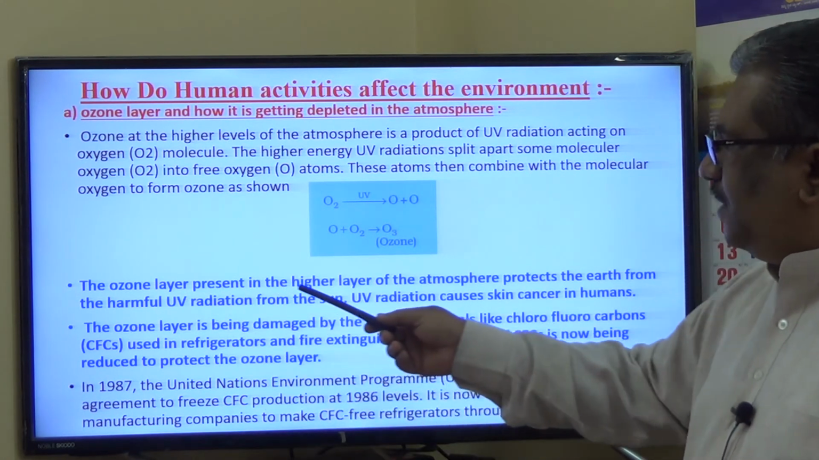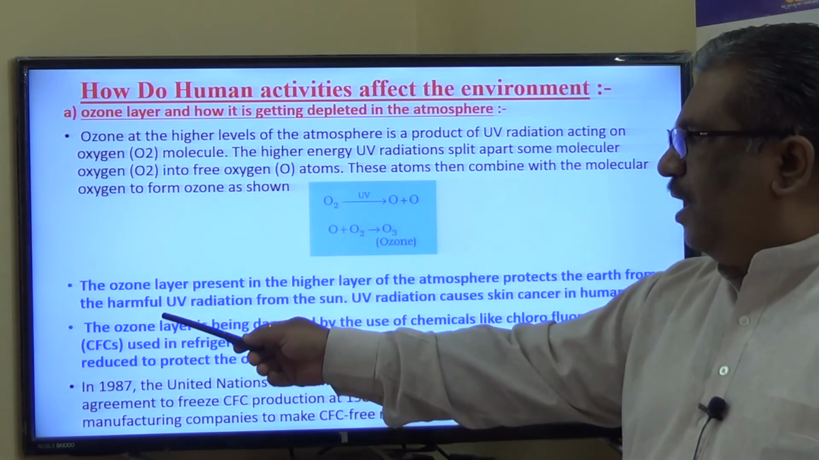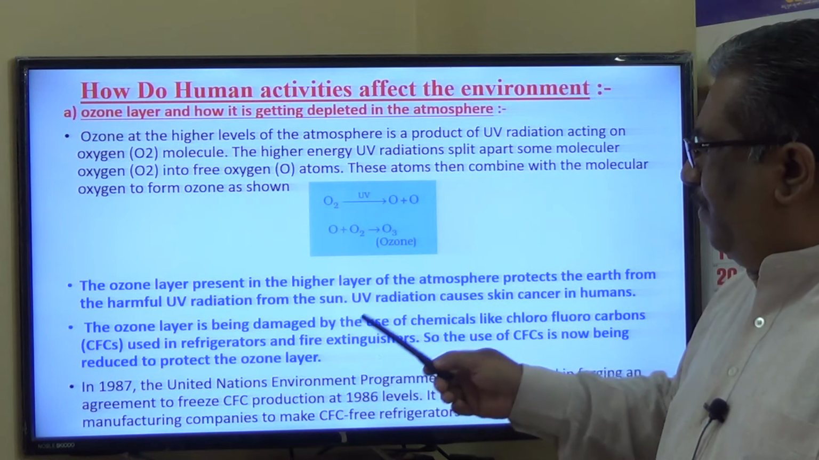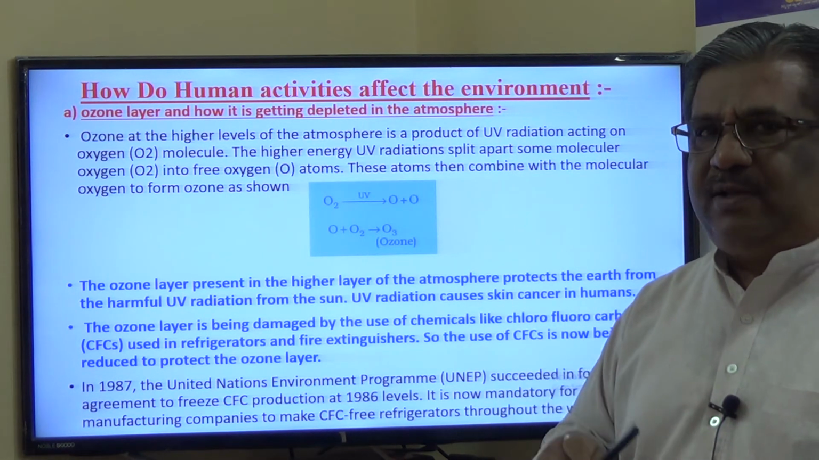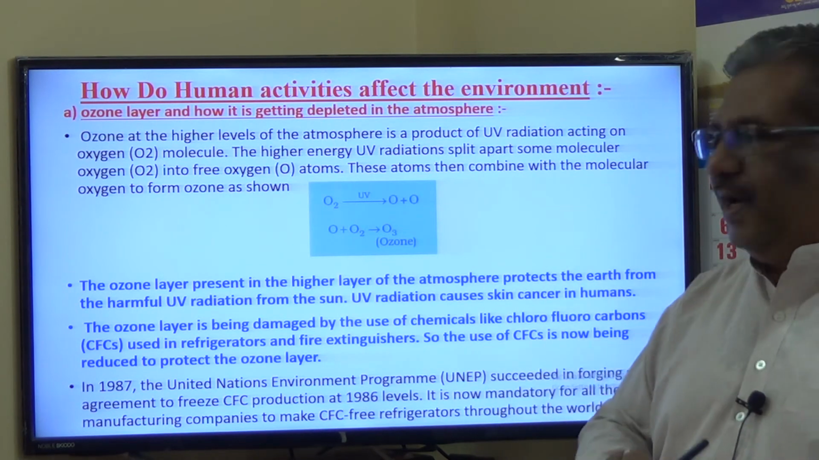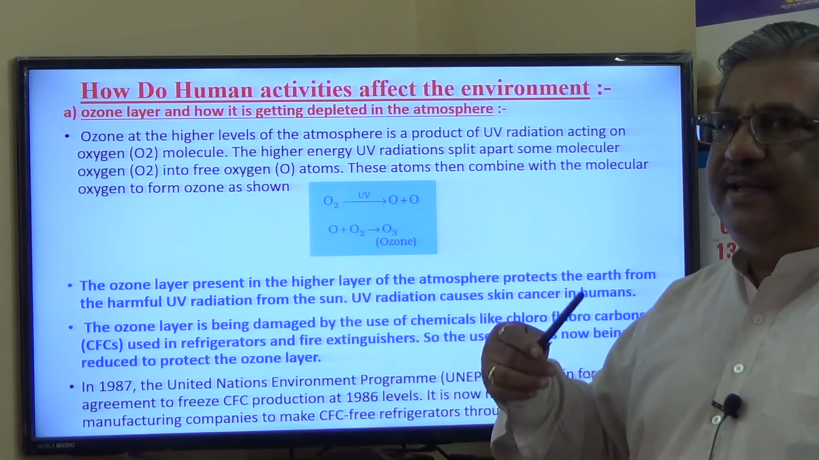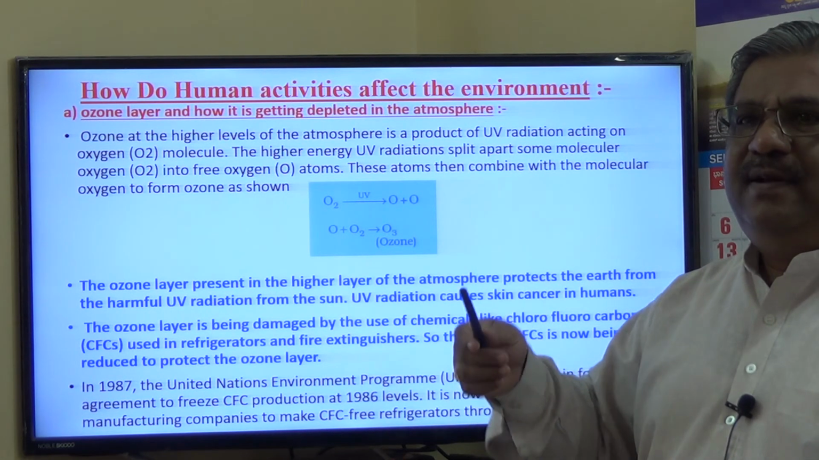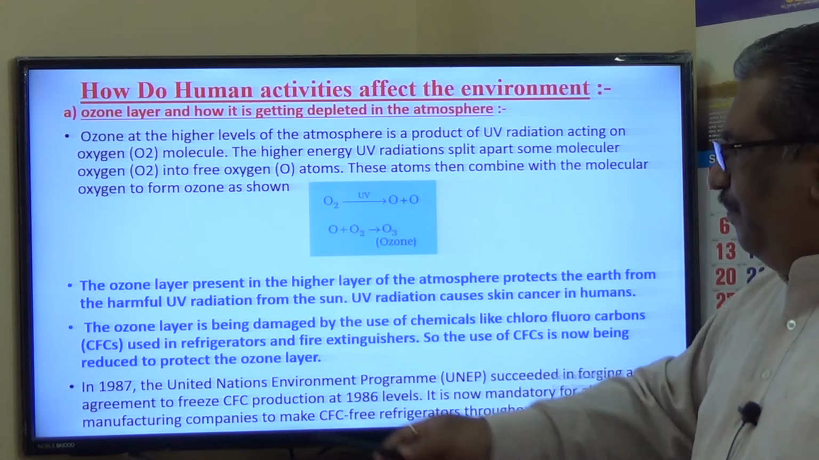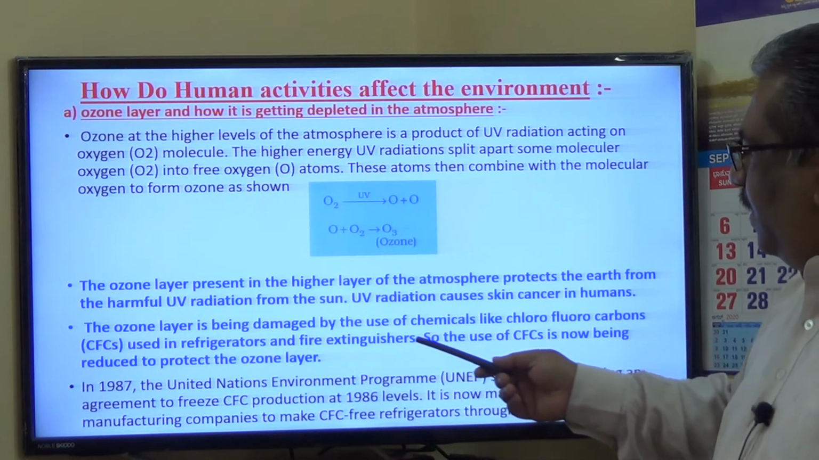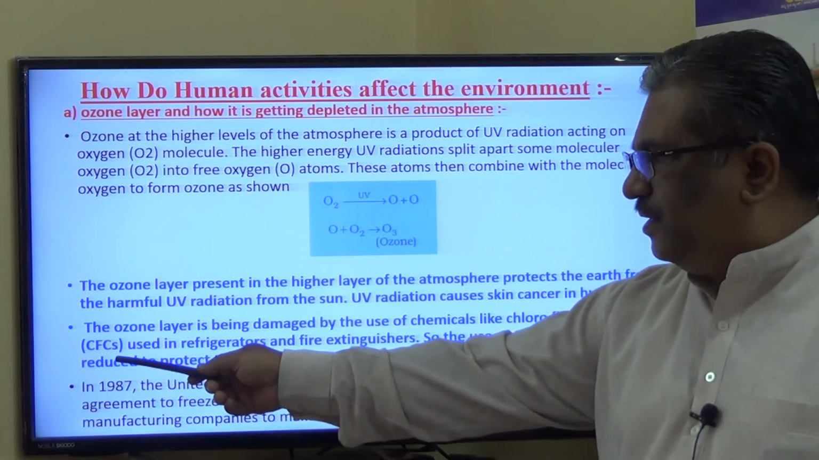The ozone layer present in the higher level of the atmosphere protects the earth from harmful UV radiations from the sun. Ultraviolet radiations cause skin cancer in humans, and also cause cataract in human eyes. So, of course, the ozone layer protects the plants and animals on the earth, or you can say it protects the earth's layer. The ozone layer is being damaged by the use of chemicals like chlorofluorocarbons, which are generally termed as